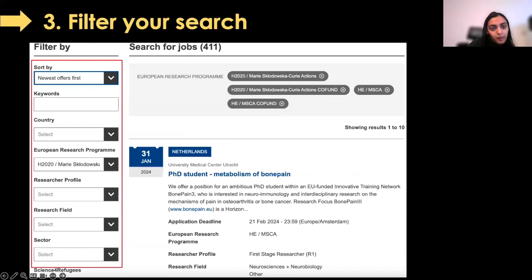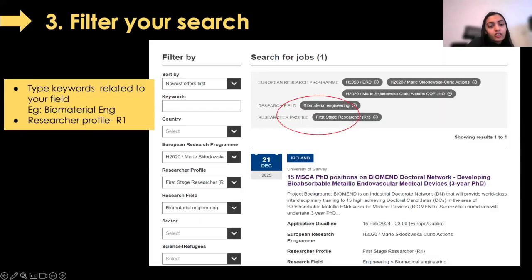Next slide, please. You can further refine your search by giving keywords such as what field you want to do your research in. Here, for example, it is biomaterial engineering. You can also give the researcher profile as R1, which is an early stage researcher, and this falls under the PhD students.